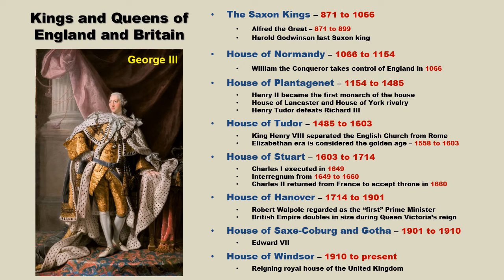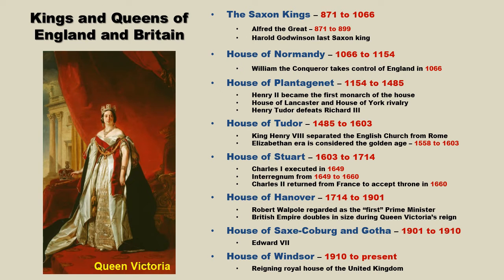George III became king in 1760. Several notable events occurred during George III's reign. The first was the union of the parliaments of Great Britain and the Kingdom of Ireland. This new entity became known as the United Kingdom. The second major event was the United Kingdom's participation in the Napoleonic Wars.